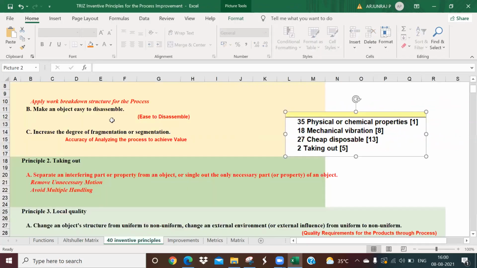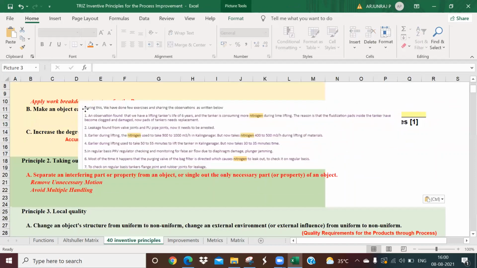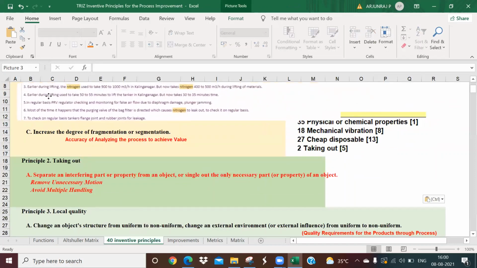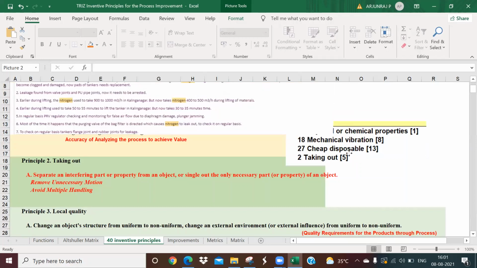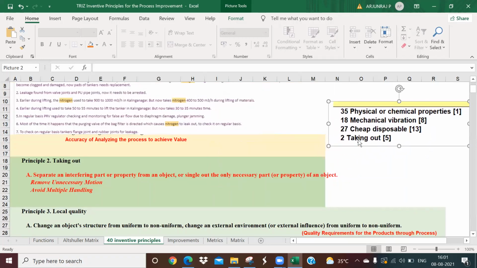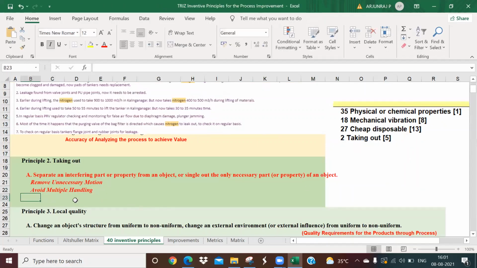Your problem statement here is, you have to reduce the nitrogen consumption from 900 to 400. Okay, so you have to take away some of the nitrogen. Okay, how are you going to take away that, or how are you going to avoid that? Taking out is nothing but how to avoid. Okay, how to avoid nitrogen consumption.